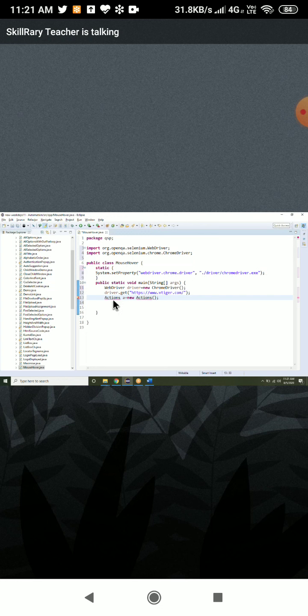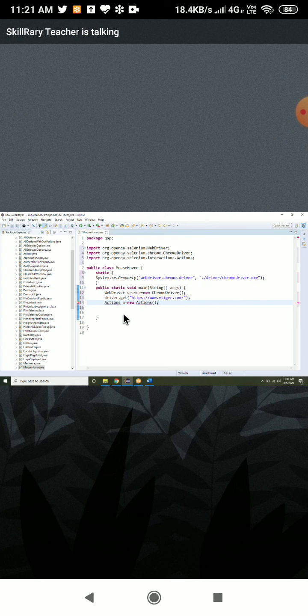Okay, it is throwing an error. Place your cursor on the error. It says import the class from that package, and it will automatically import. Again, it is throwing an error. Place your cursor on the error. It is asking for an argument.